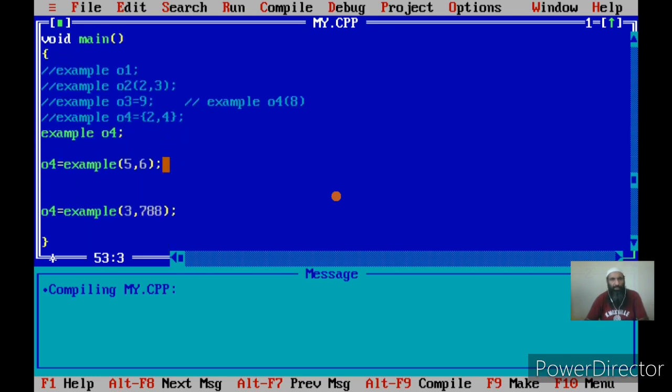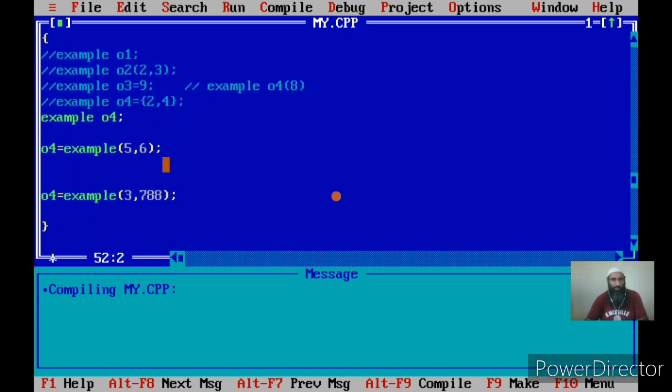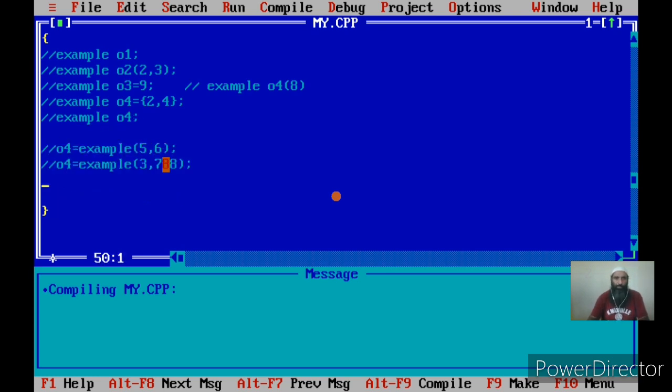Now let us create a constant object. How do we create a constant object? We use the const keyword, then we give the class name, then we create an object O7.